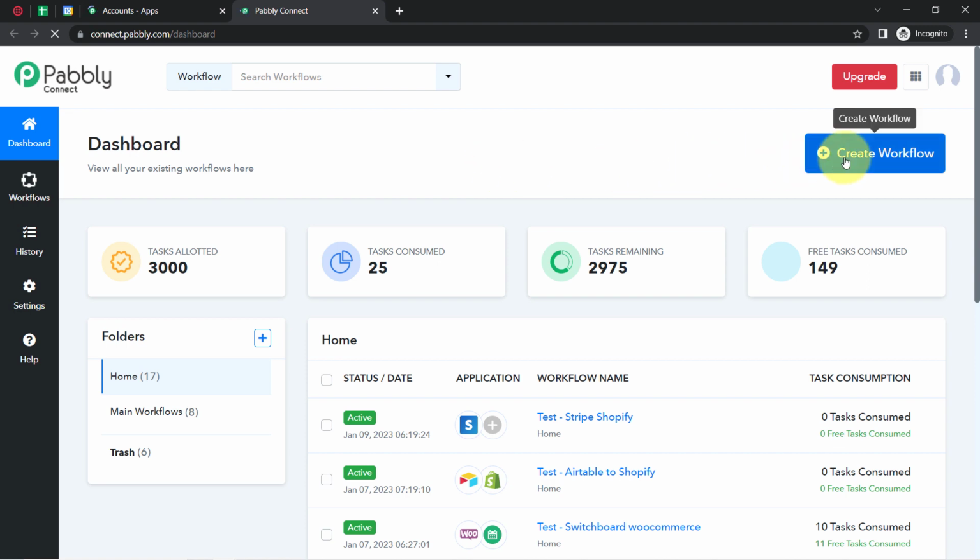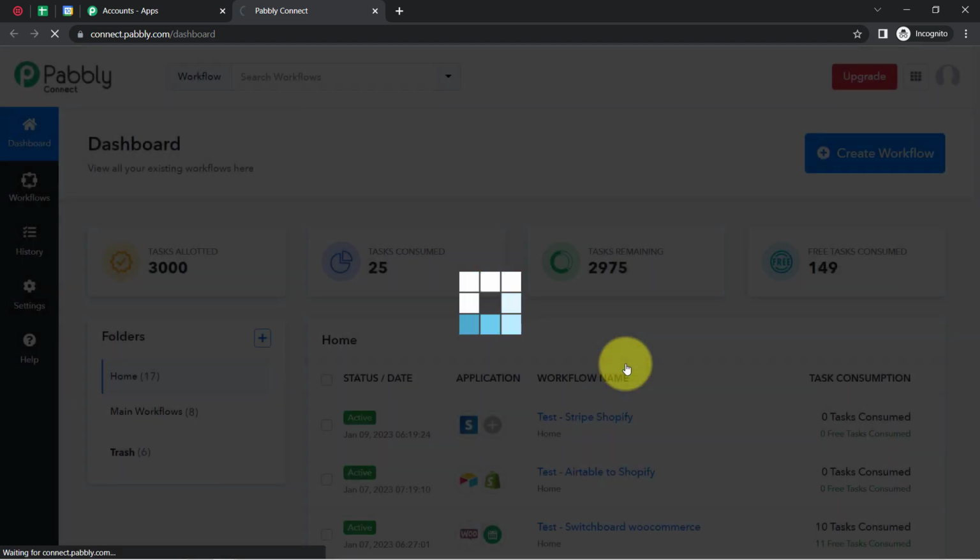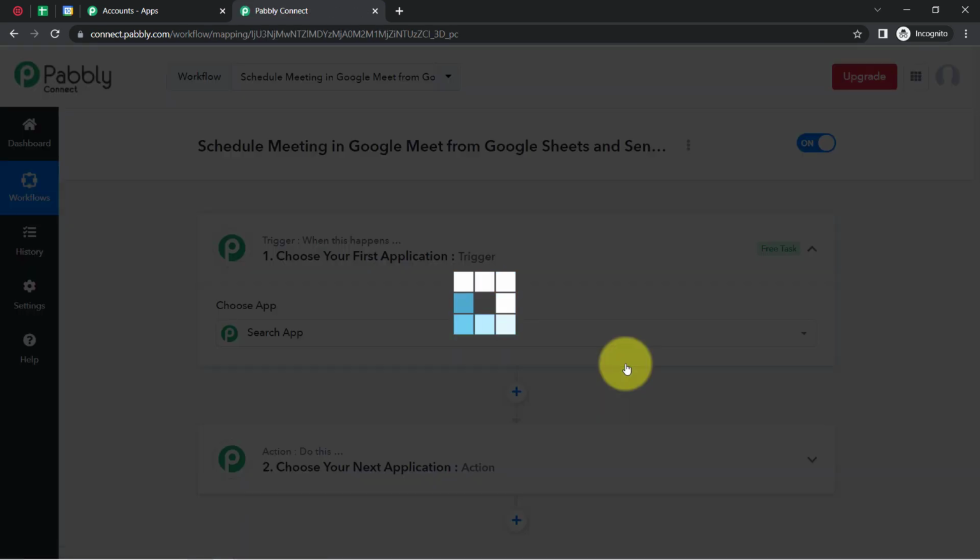And after reaching here, you will have to click on this blue button, that is create workflow, and simply provide a name to your workflow, to your automation. So I'm pasting the name as schedule meeting in Google Meet from Google Sheets and send alerts on SMS. Now you will have to click on this blue button, that is create, and then you will find two boxes